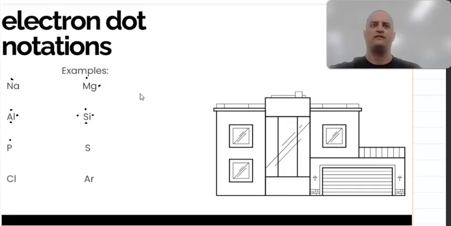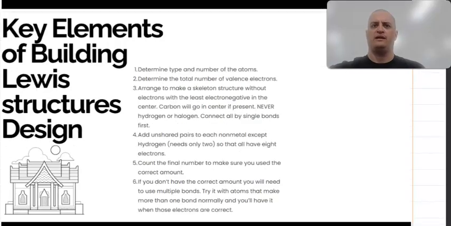Phosphorus is in group 15, so it has 5. Sulfur, group 16, so it has 6. Chlorine, group 17, so it has 7. And argon, with group 18, is going to have 8. And we pair them up only when they need to, and we can have 4 sets of pairs. So with these, we can do quite a bit. Take a moment and copy down these 6 rules so you have them to